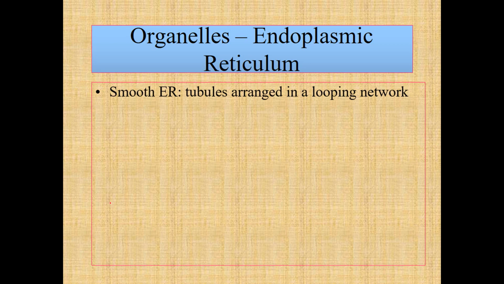Smooth ER. One of the things that I want to go over right here is that we're going over the major function of each of these organelles. And in the very first part, I mentioned how every single cell doesn't have all of these organelles present. Well, another thing is that the function of these organelles can change slightly depending on what particular cell we see it in. And the smooth ER really affords us a great opportunity to do that. So I'm going to give you a general function and then two tissue-specific functions. The general function